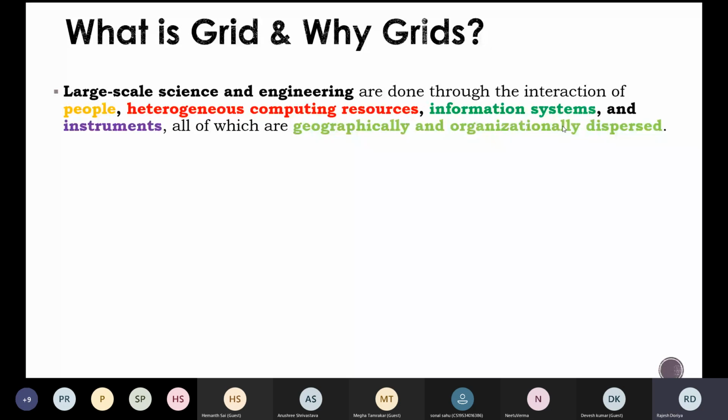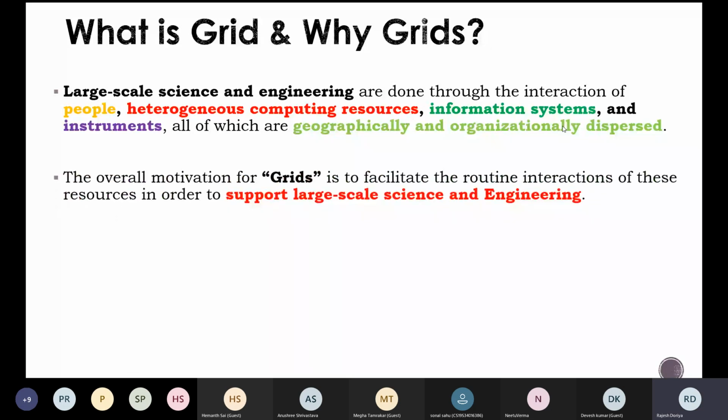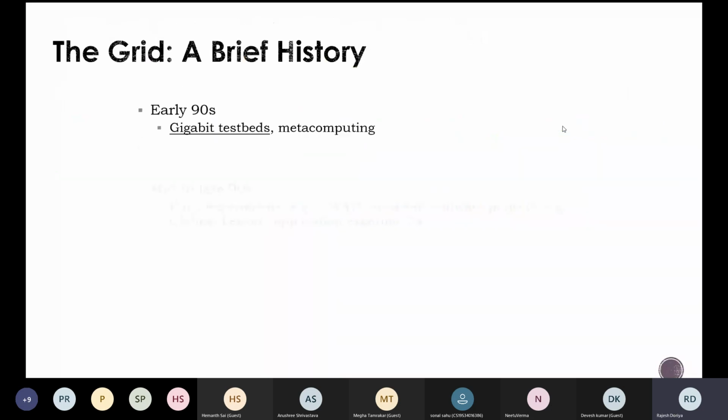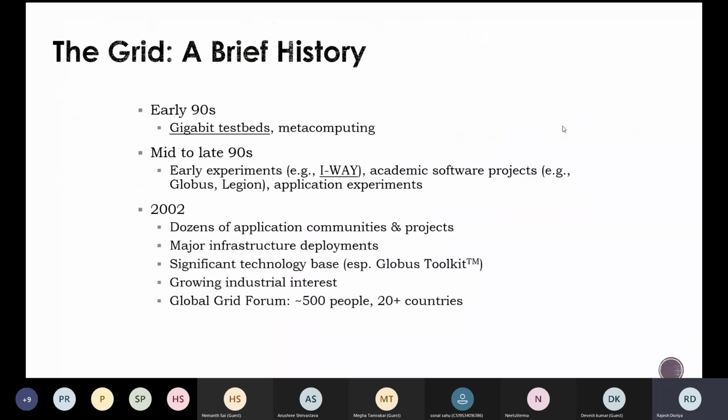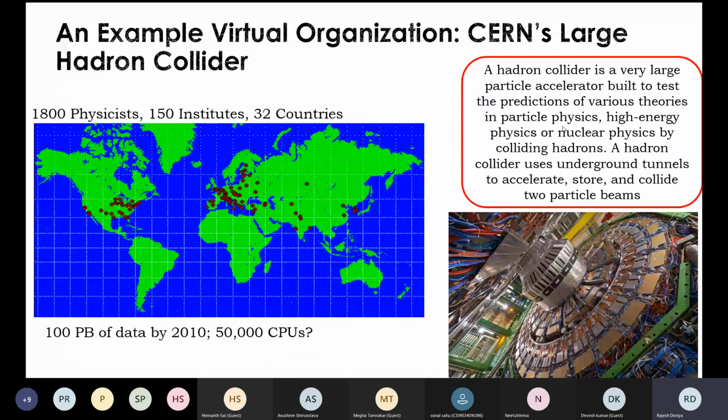This is what is very special about grid computing. As discussed in the last class, these are designed to support large scale science and engineering applications, right? We have discussed the brief history and we have seen quite a few examples of grid computing.